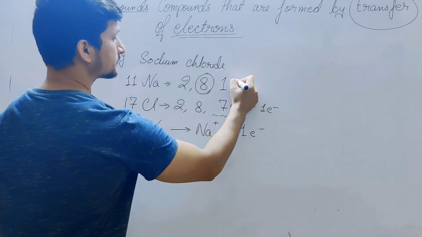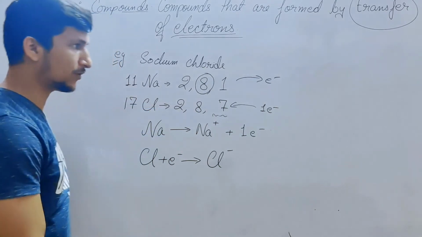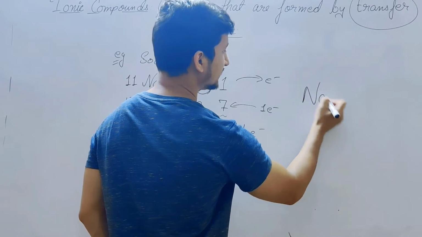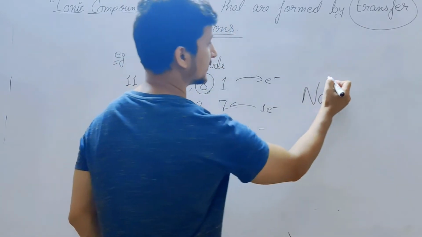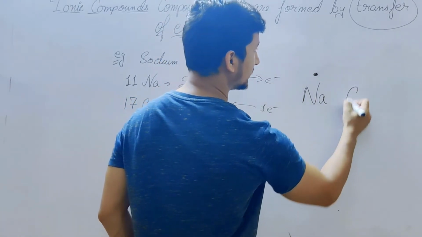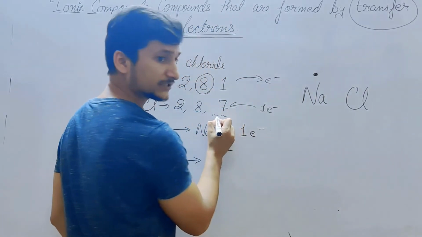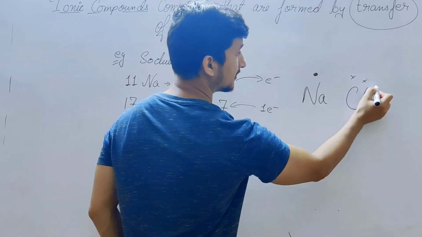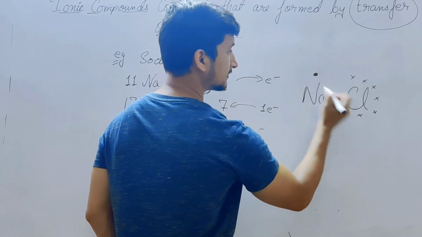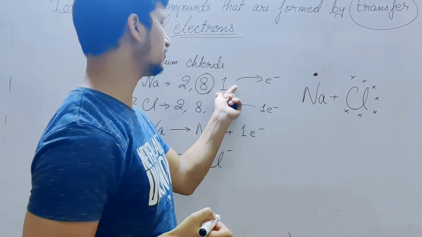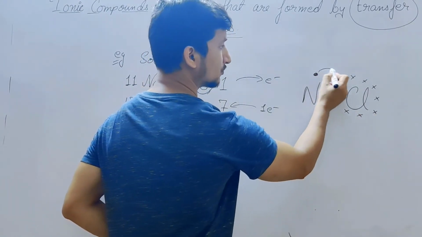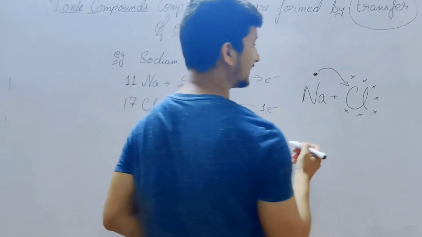So, how is this bond formed? Let us see that. Now look, sodium has 1 electron in its outermost shell, so there is only 1 electron. Talking about chlorine, it has 7 electrons in its outermost shell. So here we see that sodium is going to lose its 1 electron; we show only the valence electrons here. So sodium will lose 1 electron, and chlorine will gain it.